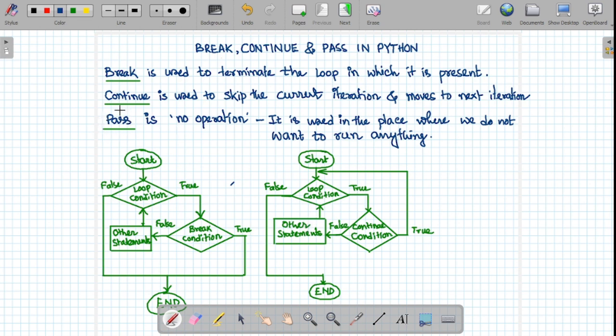Let's understand the pass keyword. The meaning of pass keyword is no operation. So basically, if we want to perform nothing for some loop or conditional statement, then we use pass. It is used as a placeholder. It is used in the place where we do not want to run anything. So if you write if x equal to 1,